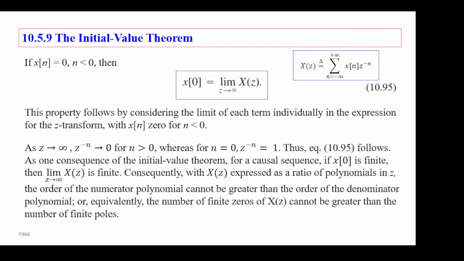But we can say a little more here. That is, if our X of z is a ratio of polynomials, so basically a rational function form, then we will have that